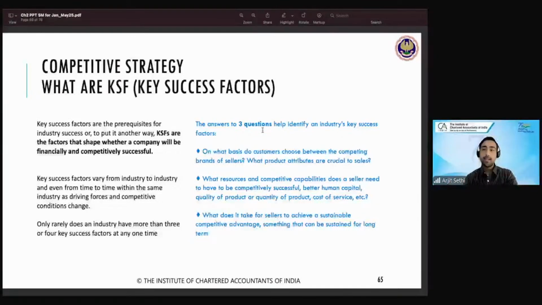Every industry has a key success factor that probably tells you whether you will be successful in this industry or not. Every industry has certain key success factors which tell you if you go into this industry, will you be successful or not, my friend. Okay. Simple काम है key success factors का. It tells you, if you go into that industry, will you be successful or not?